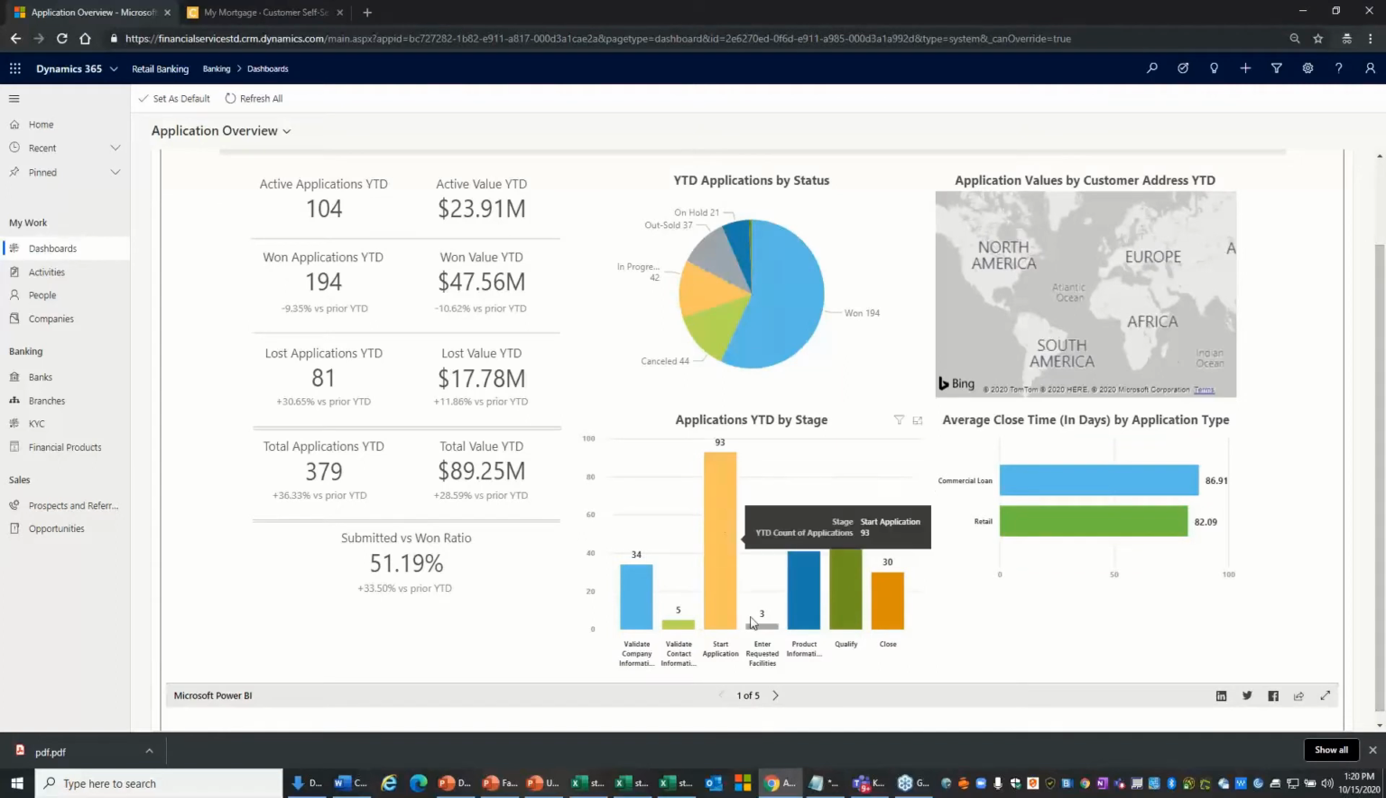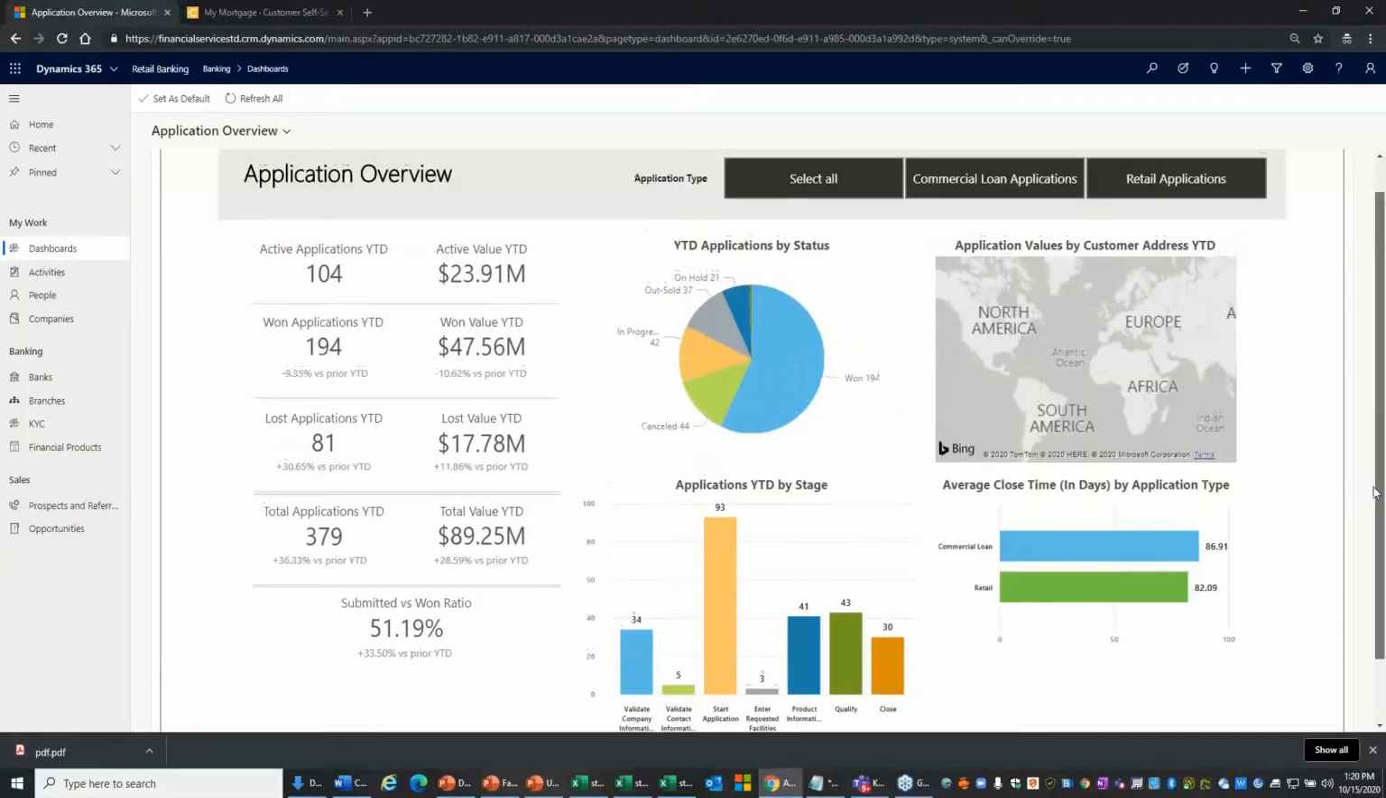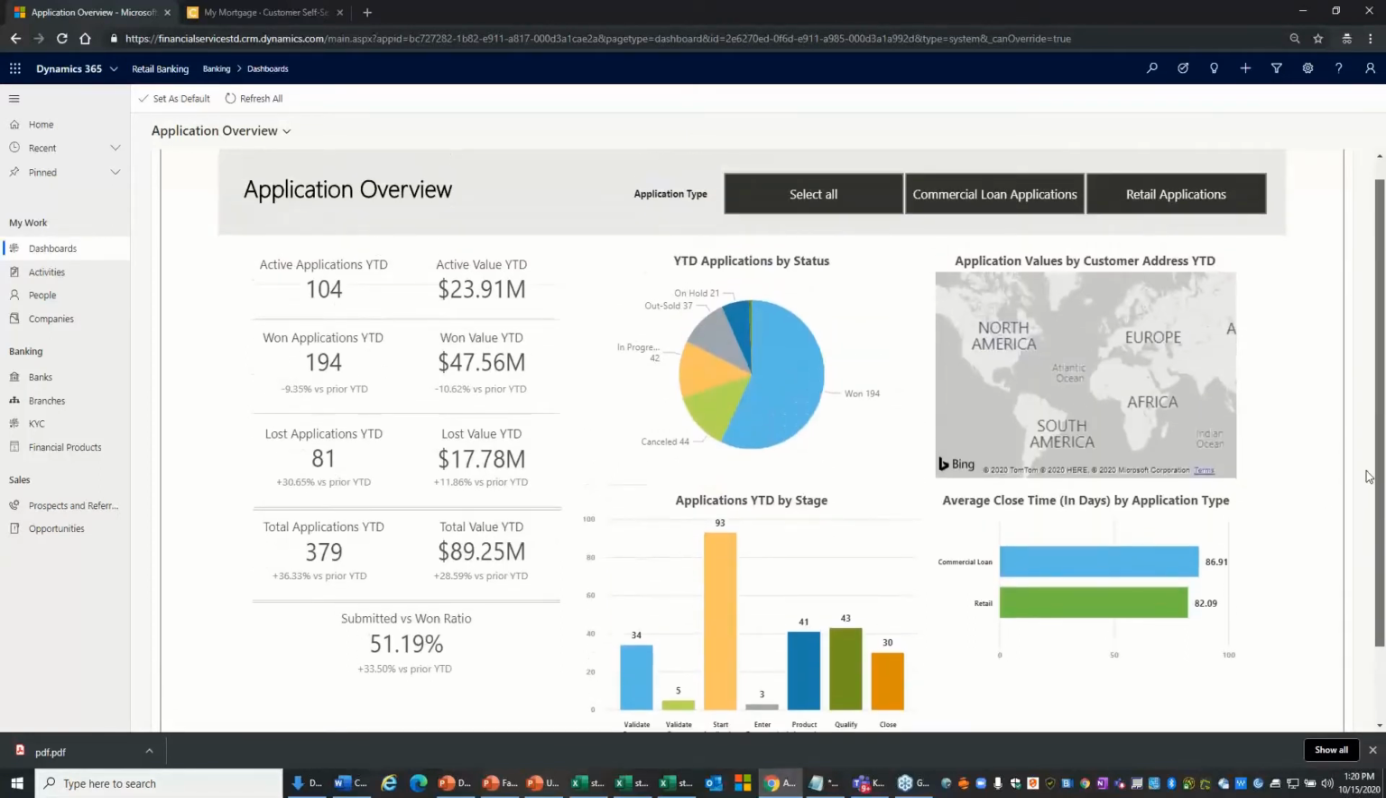I can see what stage applications are in and see if I have 93 that are in the starting stage, and that's quite a high number. I might want to dig into that and take a look at what's going on there. So we're trying to highlight information from a 30,000-foot level that you might want to take action